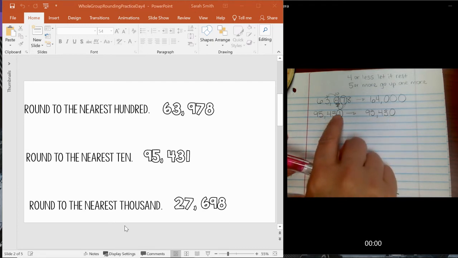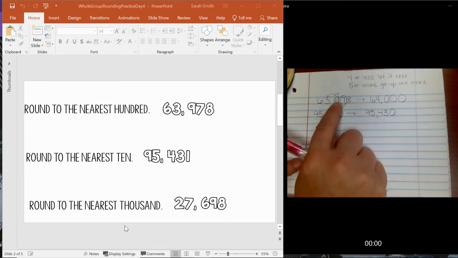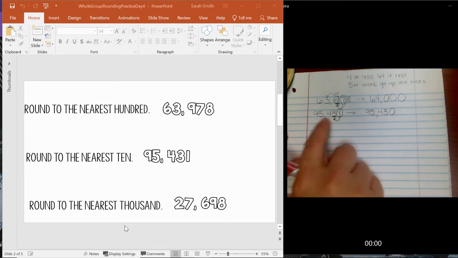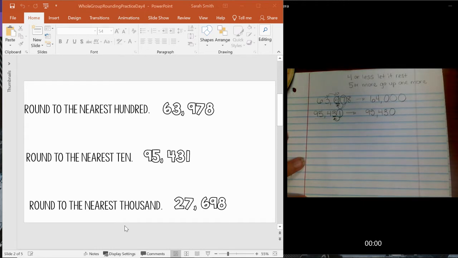Rounding to the tens place means that you're rounding to that place. But the rest of the numbers in front of it, unless it's a tricky 9 deal like this one, all stay the same. Okay, you can't just magically go from... it's all about estimation. So if I said